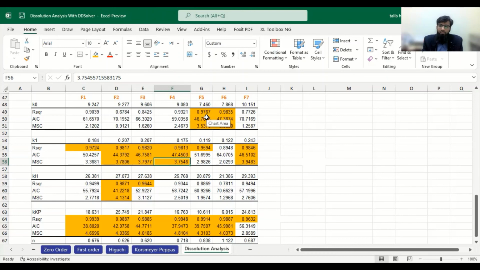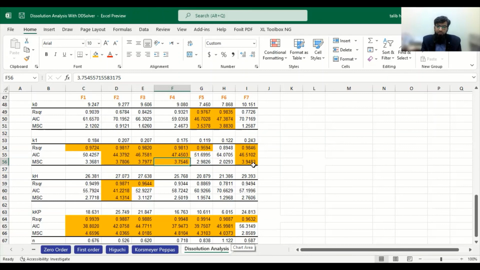Zero order will define that it is a concentration independent system. Korsmeyer-Peppas will define that it is a hydrogel based system. For F6, it is following zero order, and it is also following Korsmeyer-Peppas. It also means that it is a concentration independent or diffusion dependent system, and it is a hydrogel on the basis of the Korsmeyer-Peppas model.